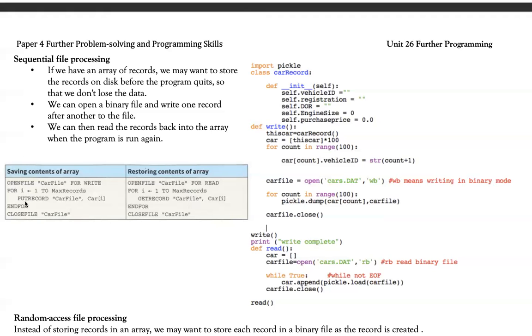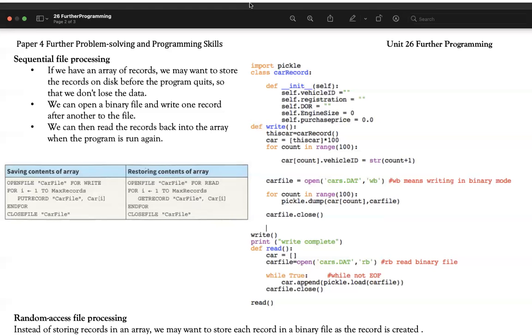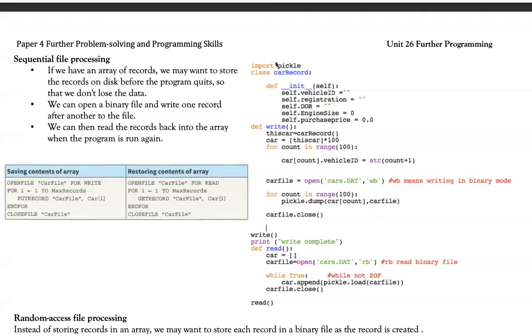So that is the simple technique of storing the contents of an array into a binary car file in my hard disk, and retrieving the contents of a binary file back into the array, as mentioned over here. Now, let's assume that I have to do the same thing in Python. For Python, as mentioned earlier, I have to import the pickle library to be able to manipulate binary files and store data in binary files. Every record file access subroutine that I use will be part of the pickle library.